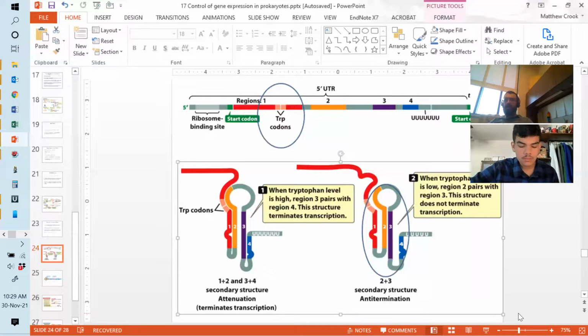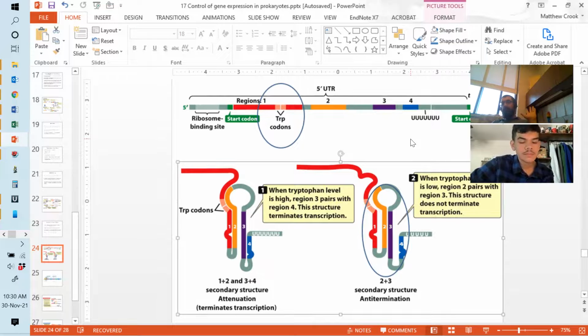That's it, exactly. And if region 3 and 4 bind, they do so inside the RNA polymerase because of this U region, which slows down the RNA polymerase. If you have a hairpin loop form inside the RNA polymerase, what happens? What happens to the RNA polymerase? Does it go, ooh, that tickles, and just continues? Or it terminates transcription? Yeah, it terminates transcription. See, it's really, really neat how this works.